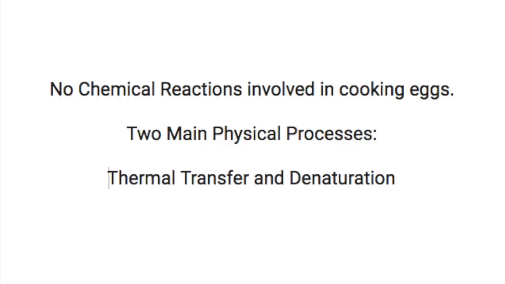The heat transfer occurs when the egg is placed in boiling water or on a hot pan. The thermal energy is transferred from the water or the pan and causes the proteins in the egg to denature. The second process, denaturation, causes proteins within the egg to change in texture, because the protein molecules unravel from their naturally coiled state and cause the egg to change to a semi-solid state.